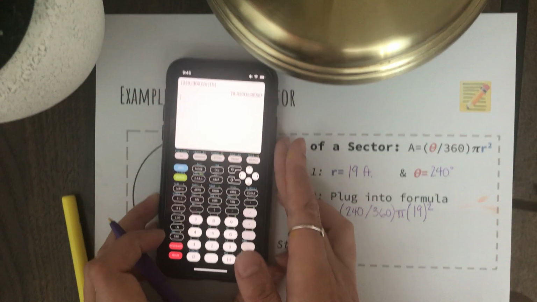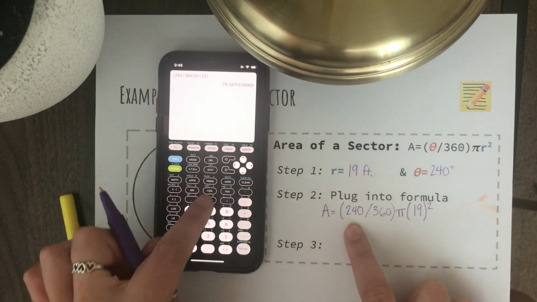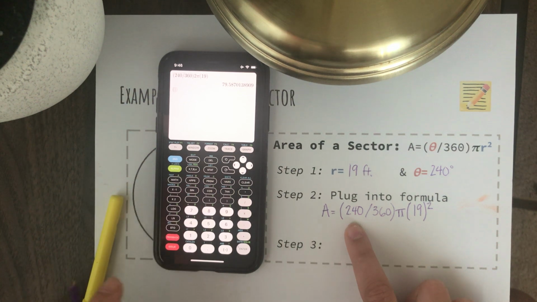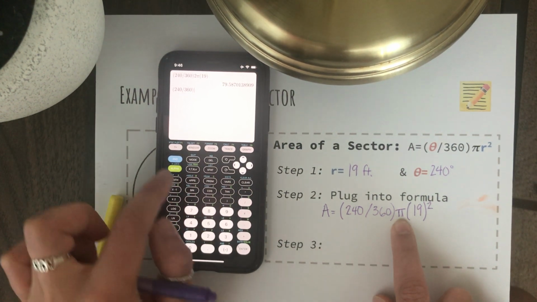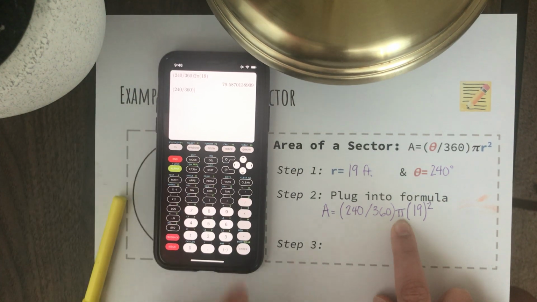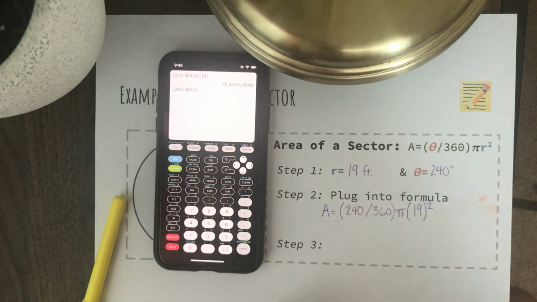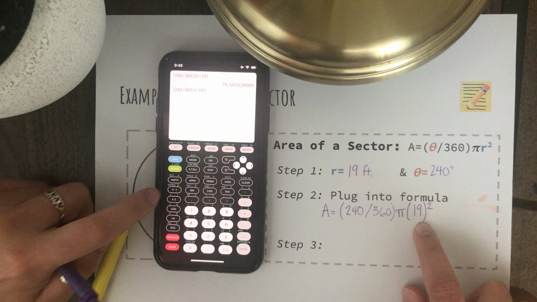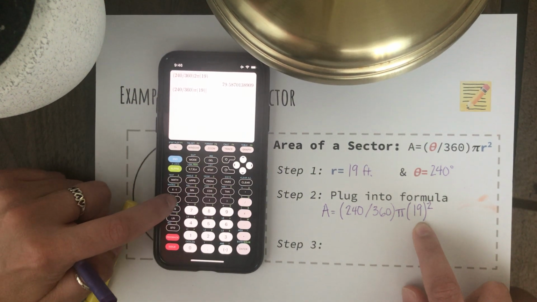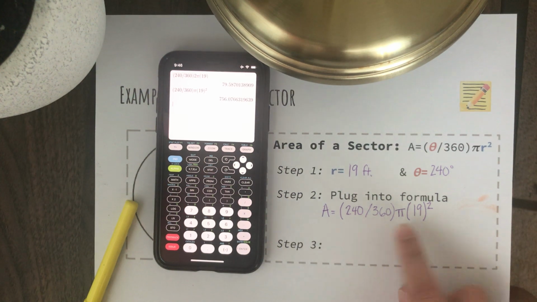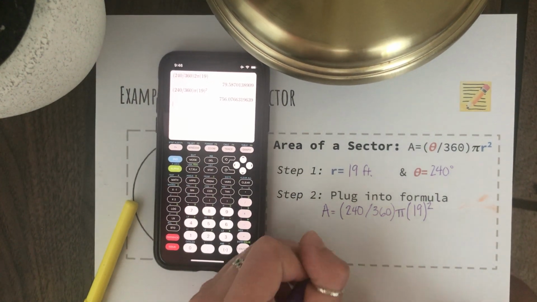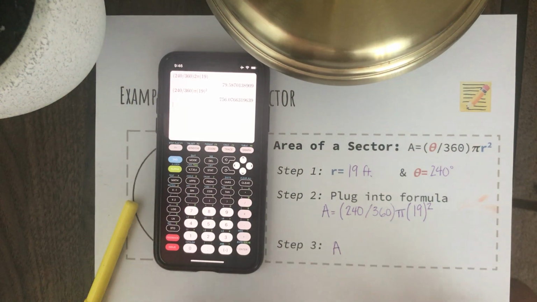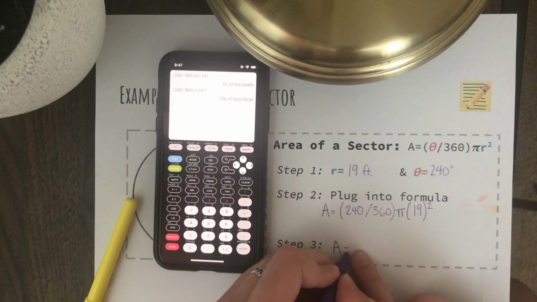So what you're going to do is open a parenthesis, type 240 divided by 360, close it. Then you're going to hit pi, so again, second, then the button above the fraction sign right here. And you'll open another parenthesis and you'll put in 19, close it, and the square button is right here above the word log. Enter. And that is what your area of this sector is. Now, that's not the area of the whole entire circle. It's just the area of the shaded region. So A equals